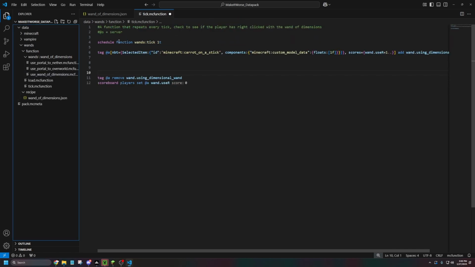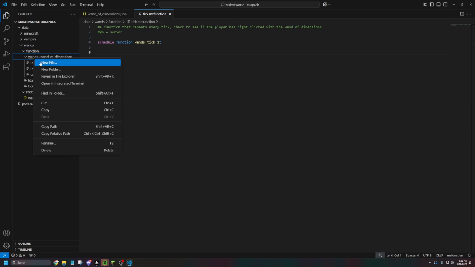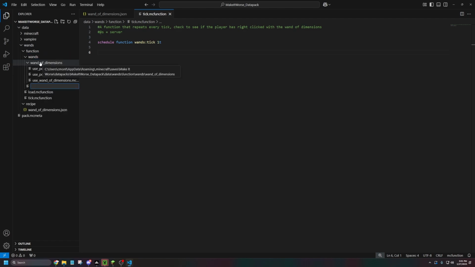And back in the tick function, there's going to be more that we want to do here, but for now, all we're going to need is the schedule function wands:tick 1t. We'll add more later. Next, what I would like to do is add a new file to the wands folder, not wand of dimensions, but just the wands folder, and we're going to call it